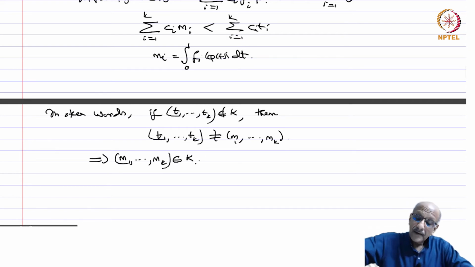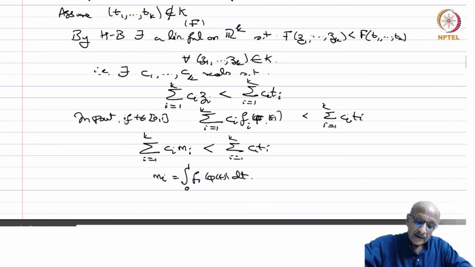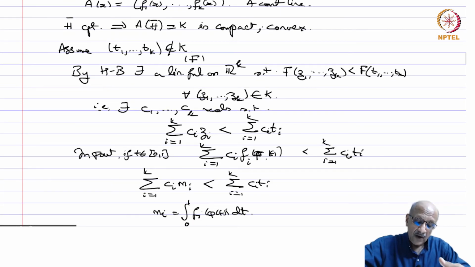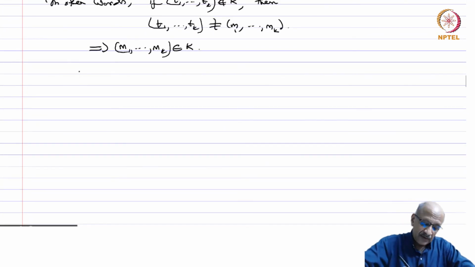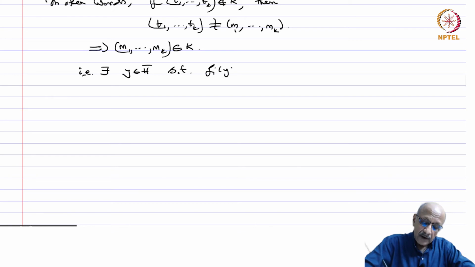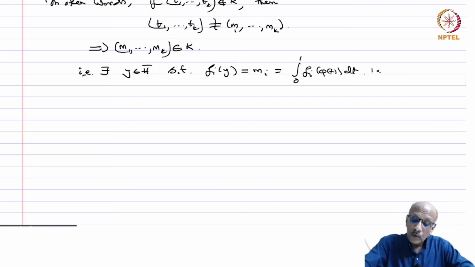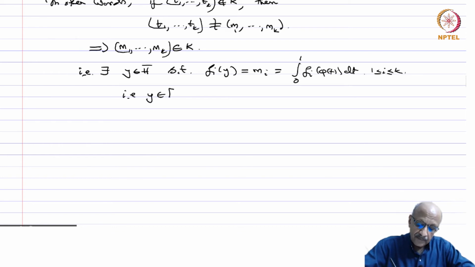But what is K? K is nothing but the image under A of H bar. So, therefore, there exists a y in H bar such that Fi of y equals Mi, and that is equal to the integral from 0 to 1 of Fi of phi of t dt. So, this is true for all 1 less than or equal to i less than or equal to k, and that is, y belongs to EL. So, EL is non-empty. Okay. So, now next step,